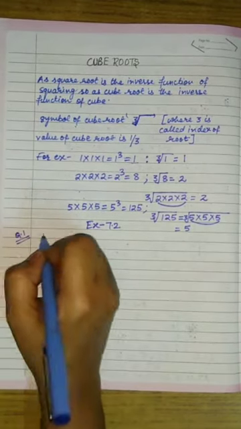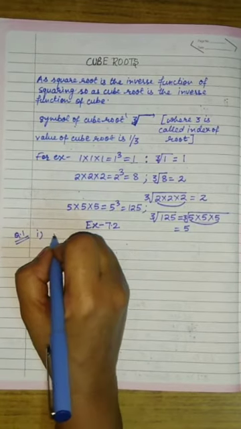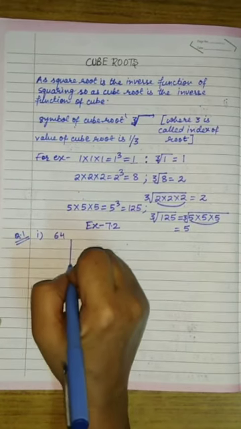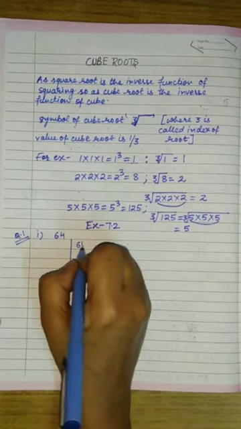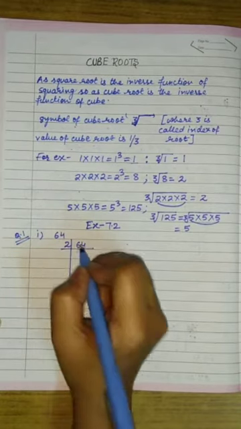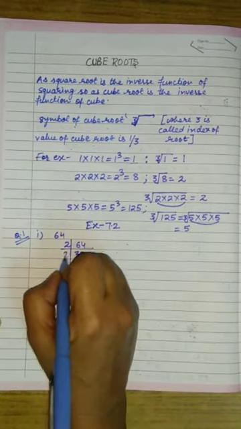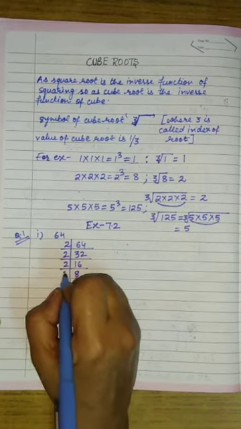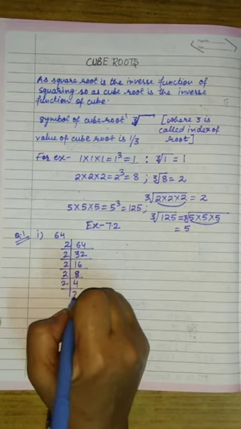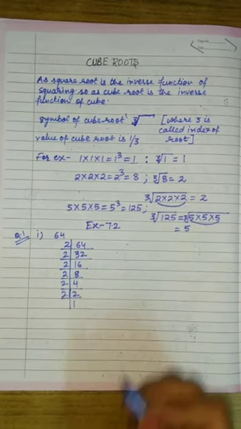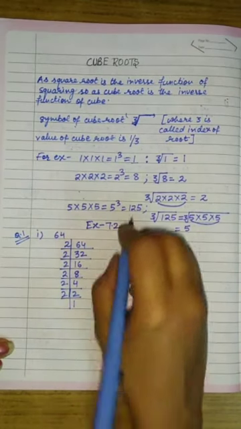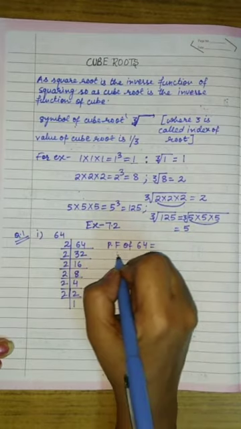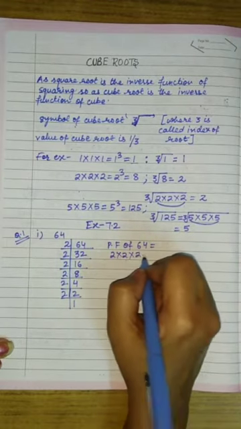So I am going to start question number 1, part 1. The first part of this question is 64. So I am going to find the prime factors of 64. Dividing it by 2, I got 32. Again by 2, 16. Then 8. Then 4. Then 2. So we will write prime factors of 64 is equal to 2 into 2 into 2,